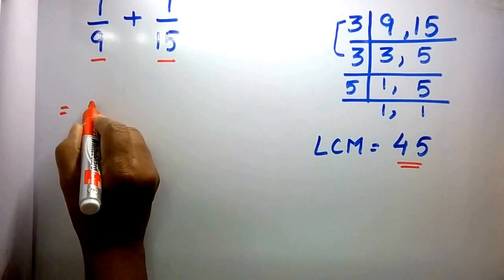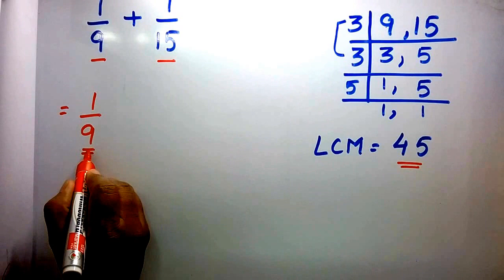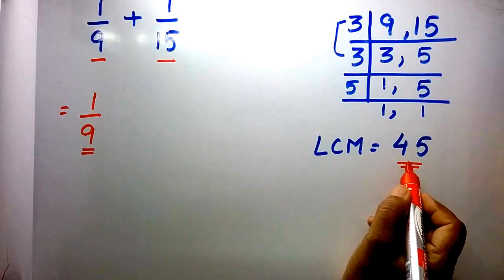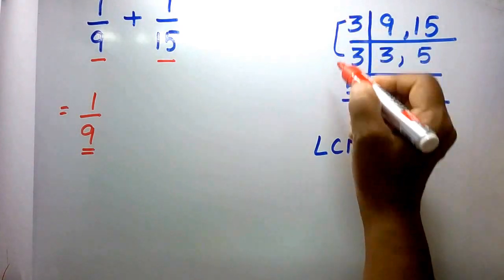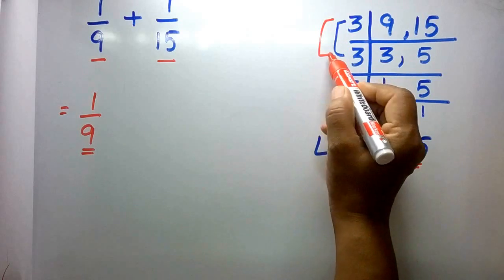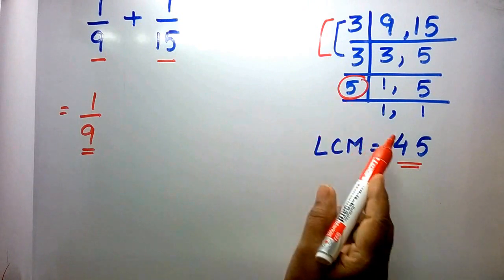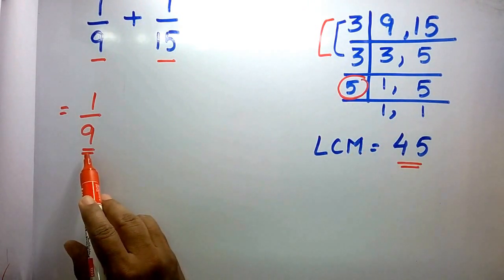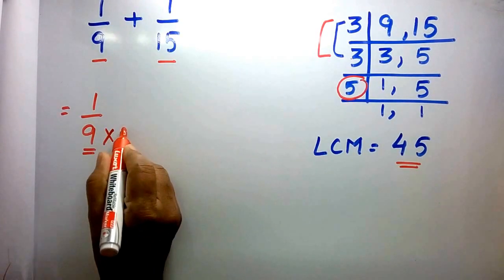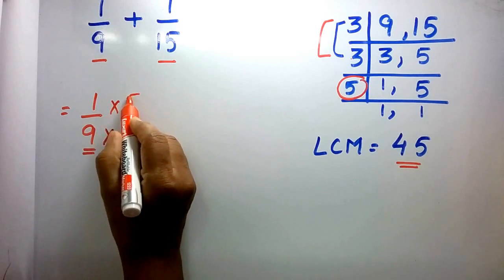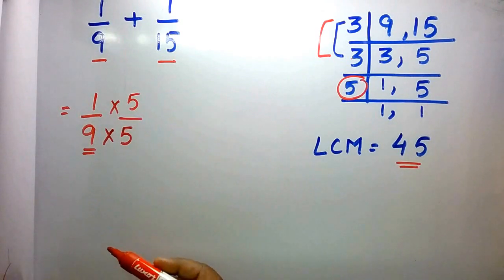We'll start with the first part, that is 1 upon 9, and check which number 9 should be multiplied by to get 45. Sometimes you're confused with the table or any other thing. Just check it in the LCM you have taken out. You have 3 3s are 9. What is left here? 5. That means 9 5s are 45. So 9 is already there. What is not there? 5. So you can multiply the denominator by 5 and even the numerator by 5. Whatever you take in the denominator, the same number you have to take in the numerator.